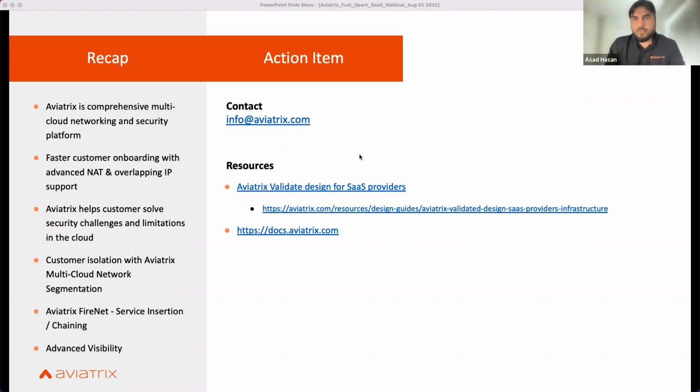Yeah. So one of the questions I have here is the supported connectivity options. When you are in the SaaS provider business, obviously customers can come in with any connectivity type, so you need to be flexible enough to support all of those connectivity options. What I've seen, especially with service providers or SaaS providers, is that the connectivity option sometimes could be an IPsec tunnel, just a simple IPsec tunnel. That's the most typical